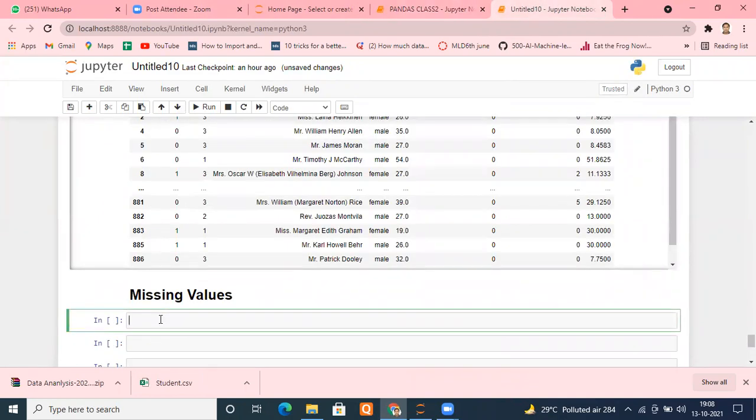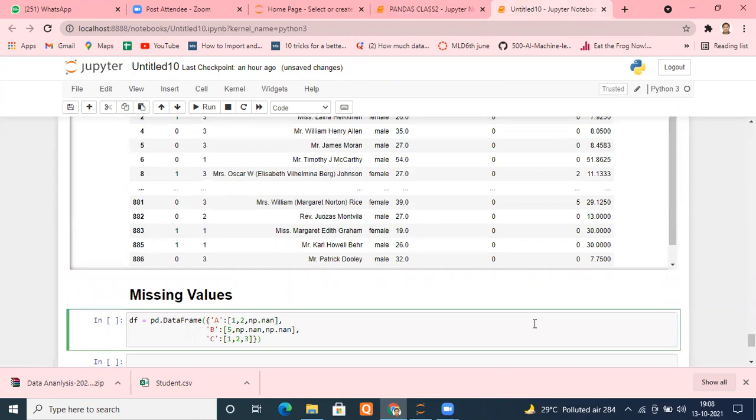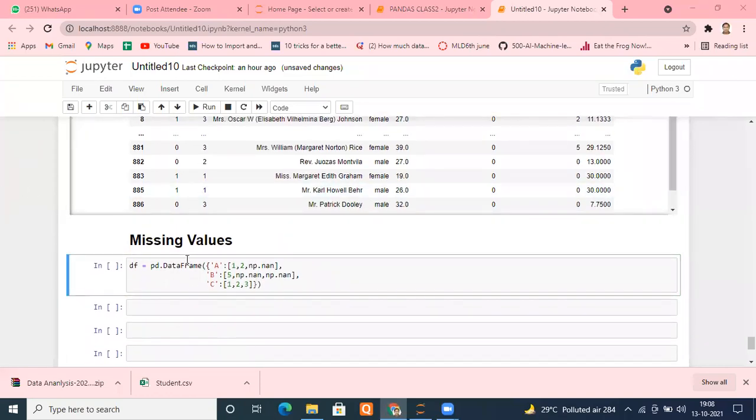So suppose I'm creating my own data frame now. Instead of getting data from somewhere, I'm creating my own data frame. Later on, I'll tell you how to create one whenever you require. Most of the time you won't require it, but if you want to create one, it is very easy. Here I've used the pandas library and the inbuilt function DataFrame to create a data frame. If you want to create a series, just type Series here.